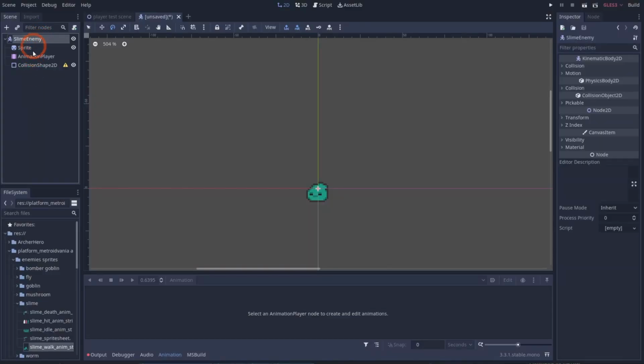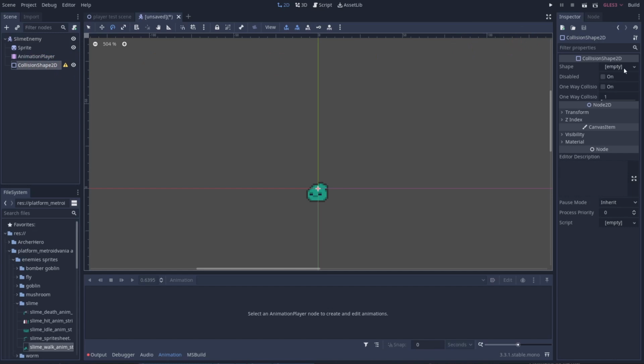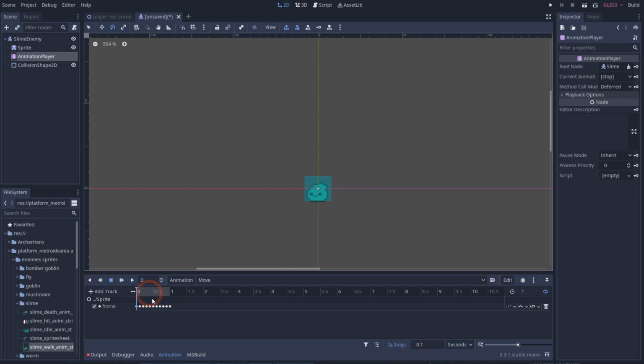There we go. So now it's a KinematicBody2D, and now we're going to click on our collision shape. We're going to add in a small rectangle shape, and we will make it about yay big. If I go to my animation player and run this through, oh, I'm getting some errors here. It's mad at me because it doesn't think that this exists.